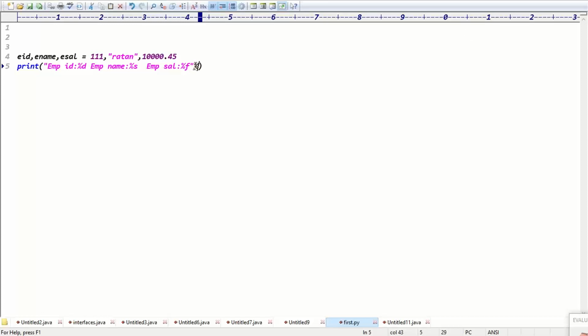Don't use the comma, guys. Here use the % with parentheses. Here you can substitute the first value, which is for %d, so here you can put the EID. What is the second one, guys? The type is mandatory. The first one, %d, means we must pass an integer value only. The second one, %s, means we must pass string data only. The third one, %f, means we must pass float data only. Guys, are you clear now?